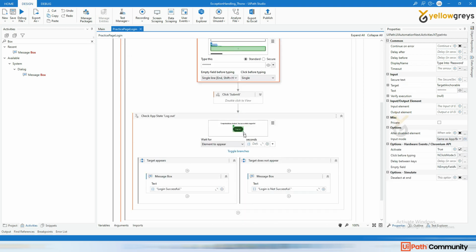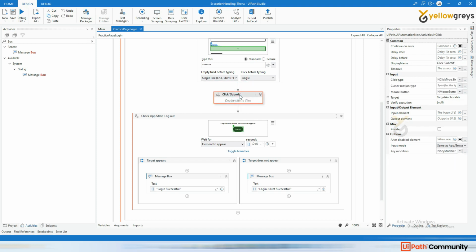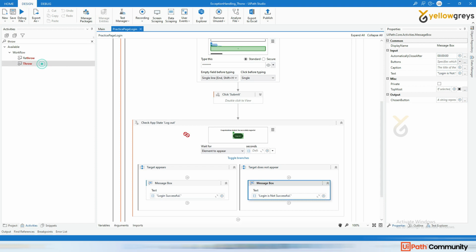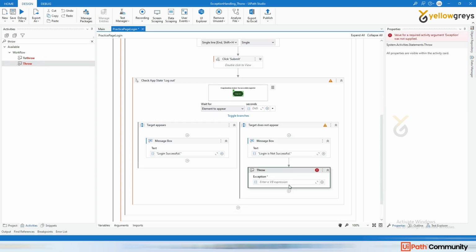But in this case, after clicking the submit button, the submit activity was successfully executed, but looking at the particular option, it didn't load. Then there may be a chance of an incorrect username or password, because I assume that from the application behavior. So here I can use the throw activity. There is an activity called throw. Drag and drop the throw activity, which means I'm going to generate a custom system exception,